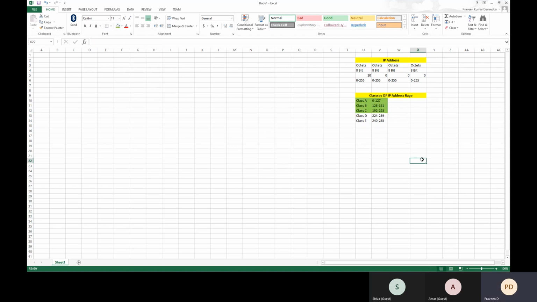If you take the example of Class C, you may see an IP address, for example, like 192.168.1.0 something. Whenever you get a new laptop or desktop in the office, they will configure the IP address in this format for your laptops or desktops.